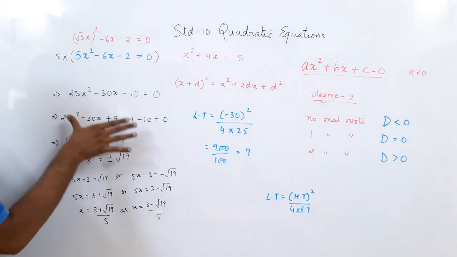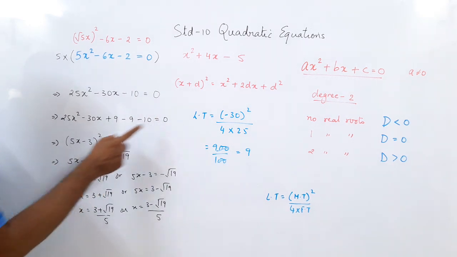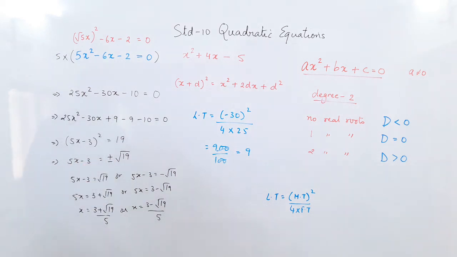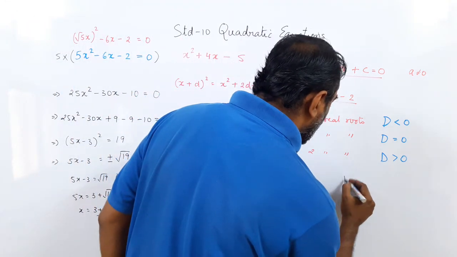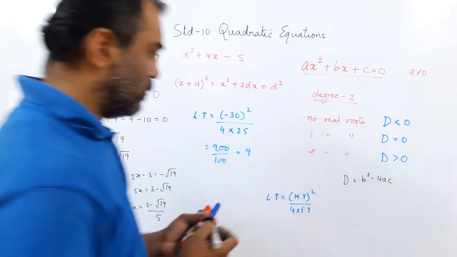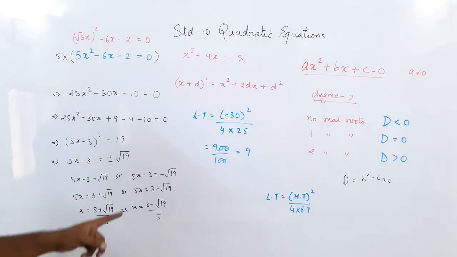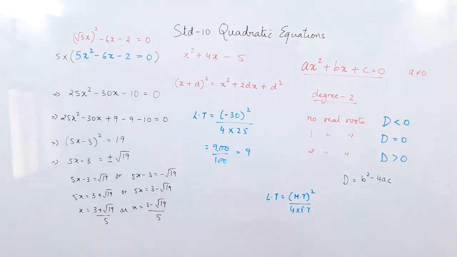So when you do this completing the square, you will add something and subtract something. And when you move it to this side and the number comes negative, then what will you write? That this does not have any real roots. Now, what did I tell you here? D is equal to B square minus 4AC. Remember? So how did we get B square minus 4AC? We'll come to that later on. I will show you, but remember this.